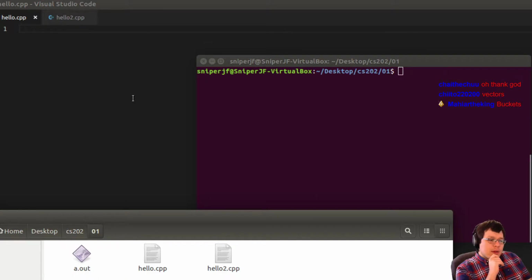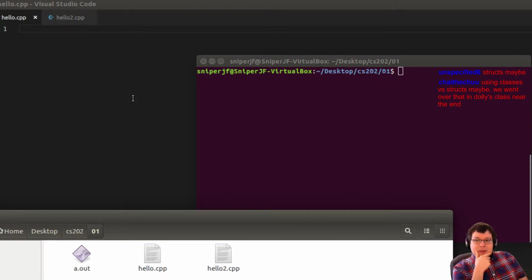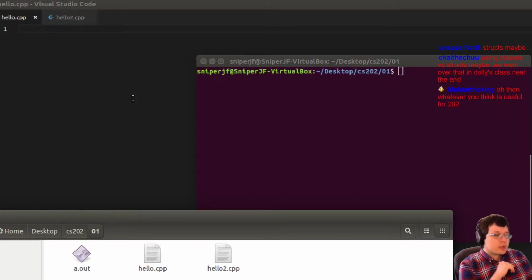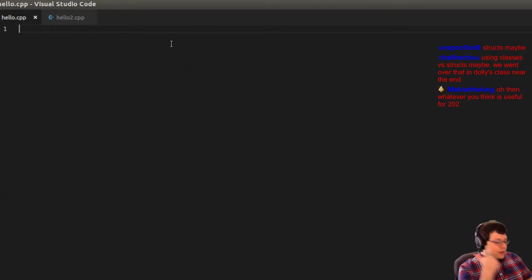The example of buckets is very abstract. Yesterday I did the 302 class, and I reviewed 202 material, so that might actually be useful. In that video for yesterday's 302 class, I did go over vectors too. I'm going to go over it again now, but you can check that out too. So, okay, let's go with here. I'll put it as a comment so I don't forget. So we're going to do vectors,